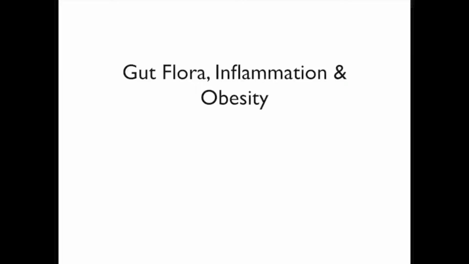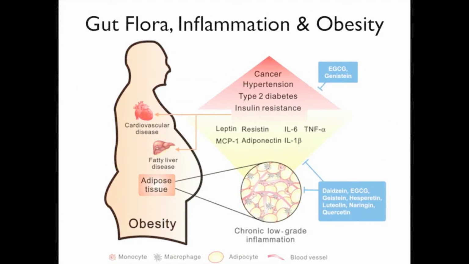Today I really want to look into the relationships between gut flora, inflammation and obesity. Obesity has stolen national headlines as one of the most pressing health issues of our generation. Many facets are well understood, particularly the consequences, which we know to be increased risk and incidence of heart disease, cardiovascular disease, cancer, diabetes, fatty liver disease, infertility, and generally shortened lifespan. But what about those aspects of obesity that aren't quite as well understood?